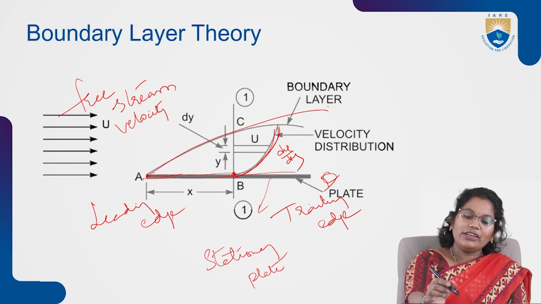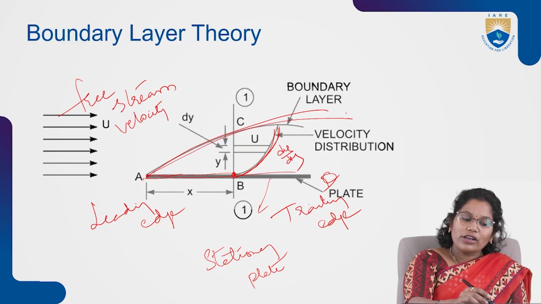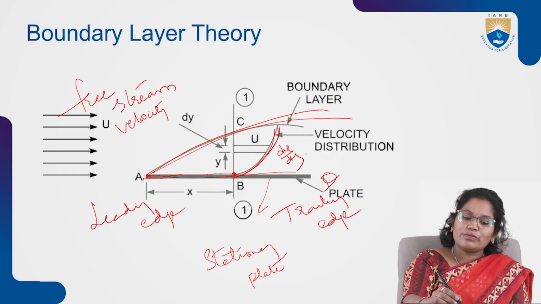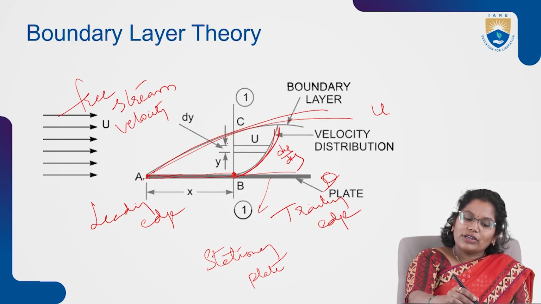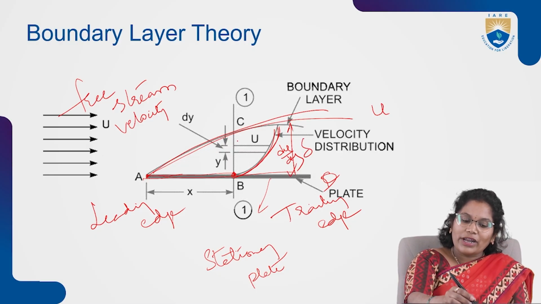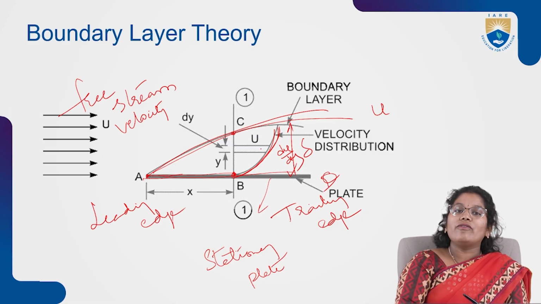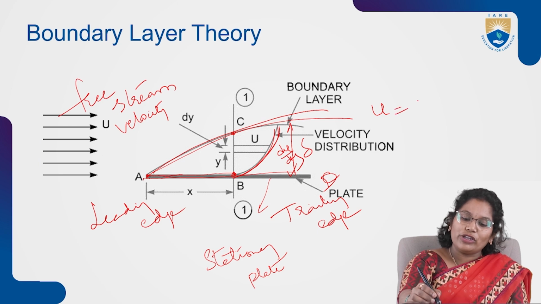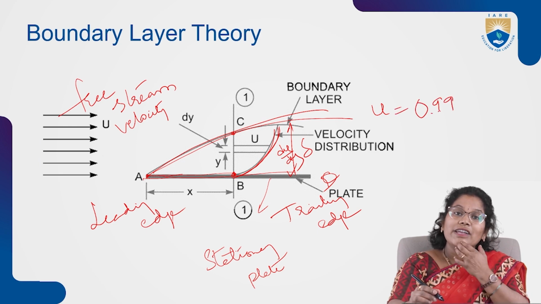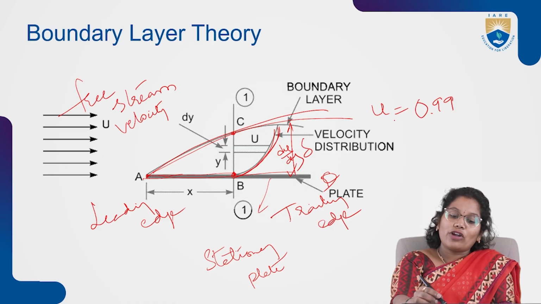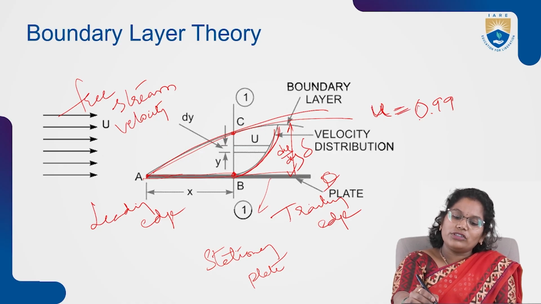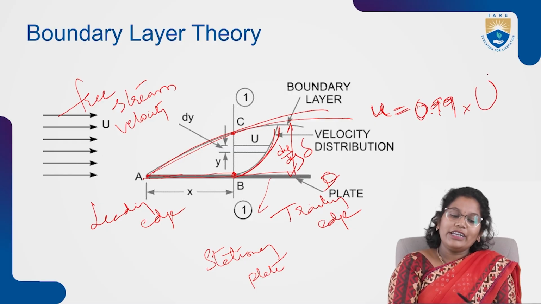This is what your boundary layer is. It is a boundary layer. So here, the velocity on this plate occurs up to that point. We call it the boundary layer thickness. It is the point where the velocity inside becomes your mainstream velocity, that is, the velocity small u is equal to 0.99 times your capital U, right? Till that point,